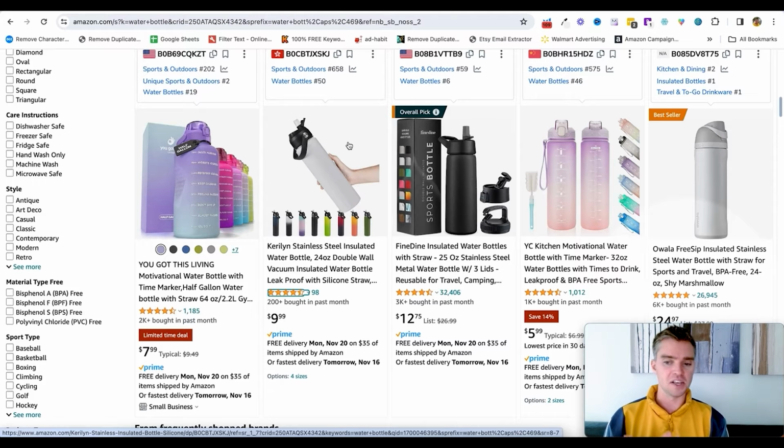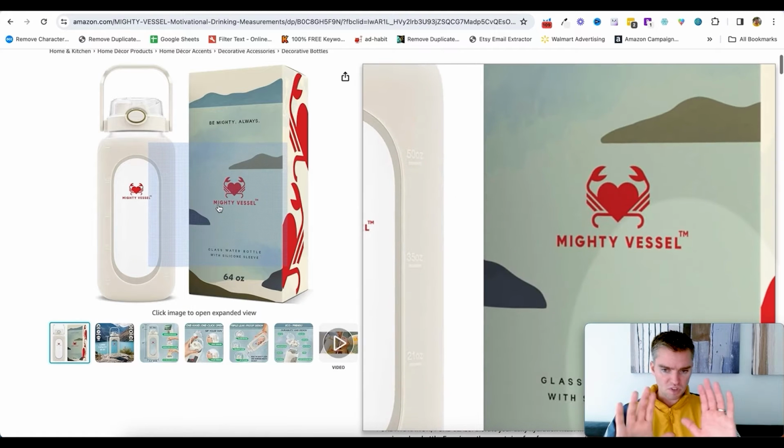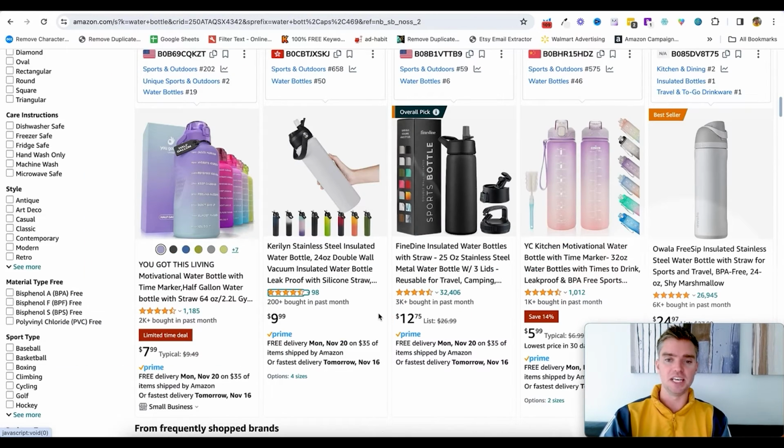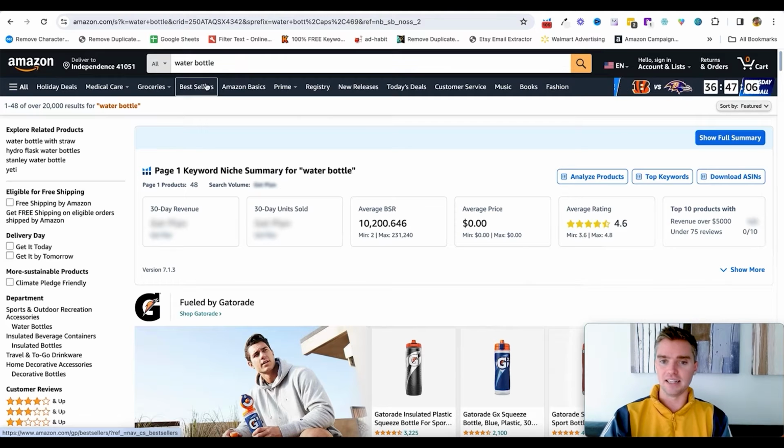In this case, we're selling a glass water bottle, but we just want to look at water bottles in general to see. So that was example number one I would do. Put the packaging a little bit more behind and make your product more prominent. So that's number one. Number two, based on the data that we see here,